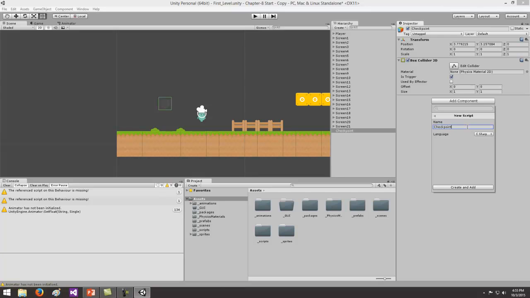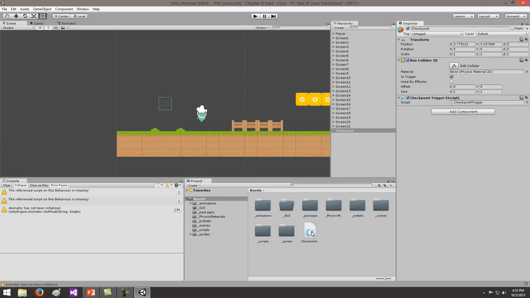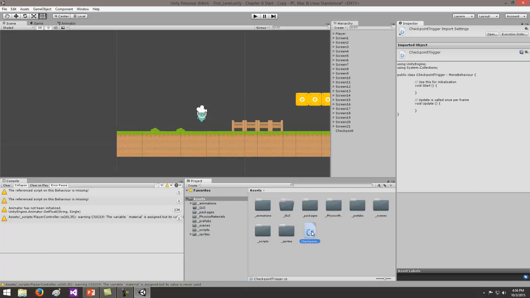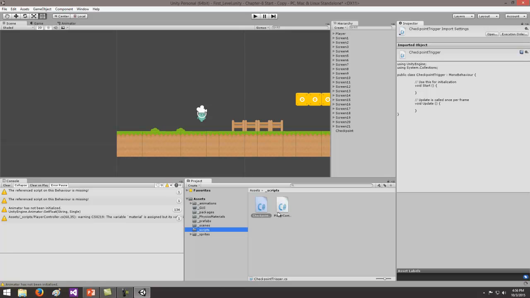And point is lowercase, and then trigger. And make sure it's C#, and then create an add. And then that creates the script. But then we got to move the script over to our script folder. So I don't know, but then you have it. So then you can open it up,